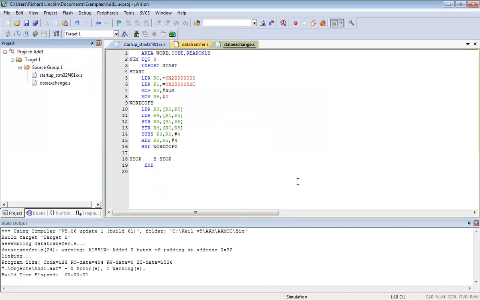So the motive in this program is I'm going to give some value here in R0, R1, and here 8 bytes of data will be transferred. So that is num equal 8. So this num is connected here. So 8 will directly come here, and that will be moved to R2. R5 we are giving 0, so that we just want to clear it out. Then this is the new type.